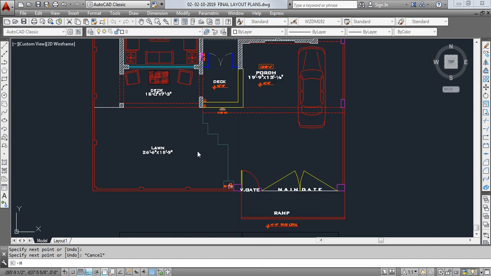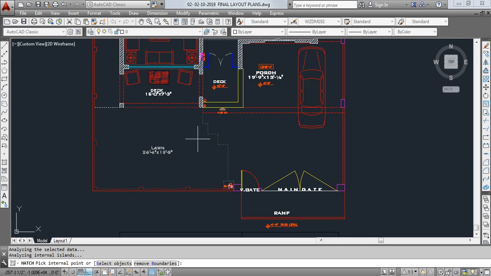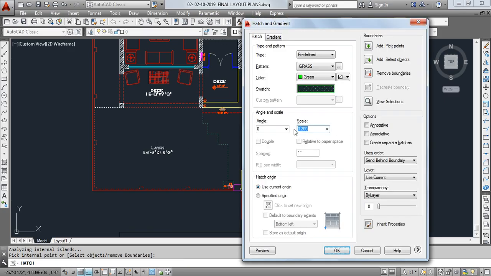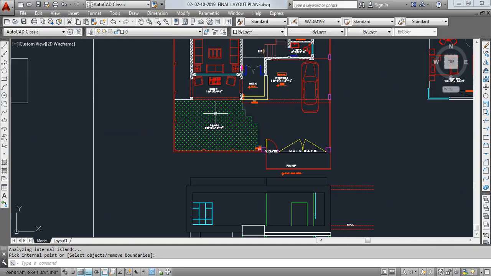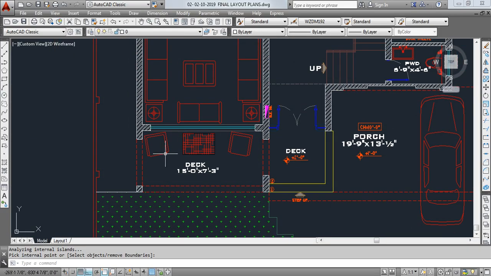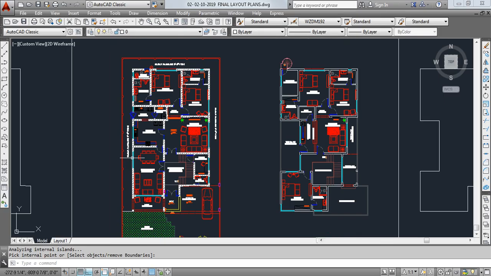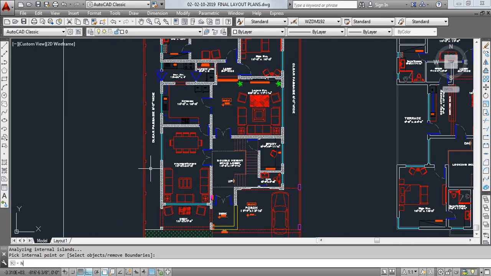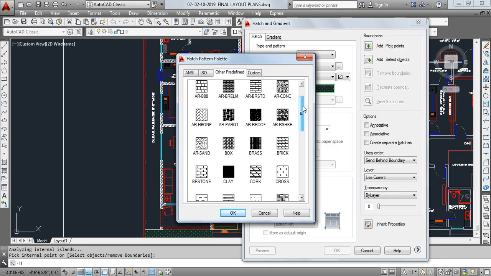Fine, add pick points. Now I'm going to select here, but the scale is I think very small. Click enter, scale let's say 10. OK, and now you can see a very beautiful grass is being shown. So you can also do hatching here as well. You can do the hatching for the pavement, for example, H, enter, and here let's go and select